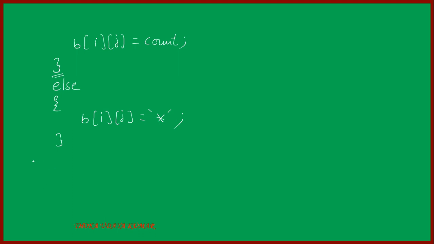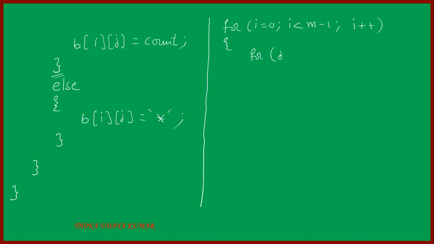Now it is the end of the first for loop, I mean the inner for loop. This is the end of the outer for loop. Okay, now the loops are closed. So your final job is to display b. So let us display b. For i is equal to 0, i less than m minus 1, i plus plus. For j is equal to 0, j less than n minus 1, j plus plus,